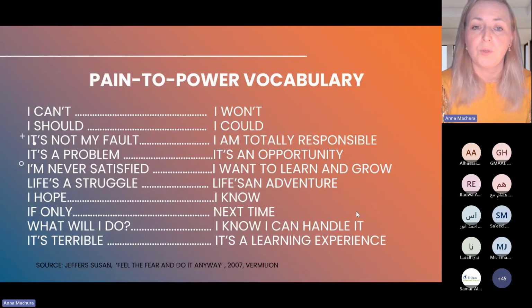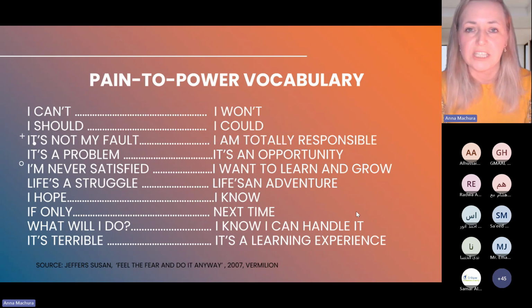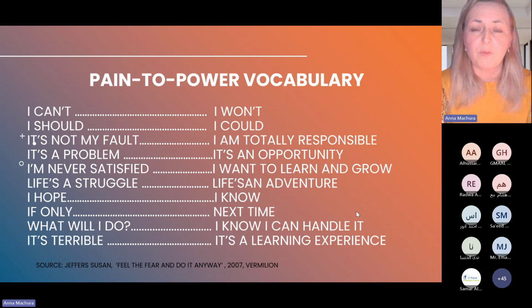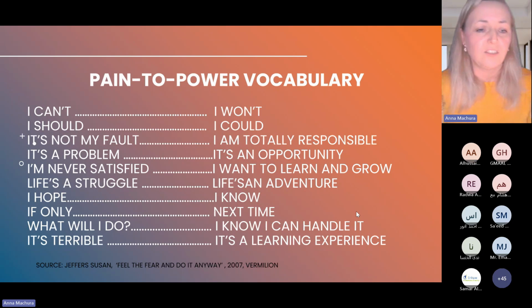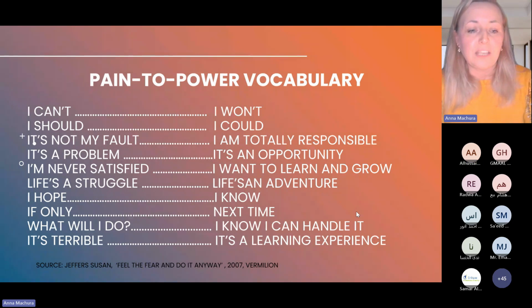It's not my fault, so whose fault is that? You're not taking responsibility. Where's your agency? Confidence. You're taking authority for your thoughts, actions, what you say, what you do. It's a problem. Problems, avoid it. Don't say to students, there is a problem. Well, it's an opportunity, guys. Let's see. A challenge. An adventure. And never. We talked about never.